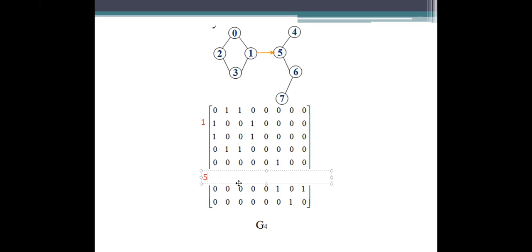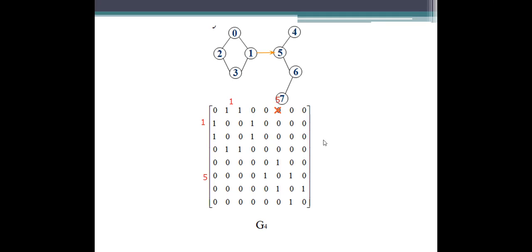Okay. From the first to the last one will be represented as a 5. 1 to 5, there is a connection. That is, an edge is there.